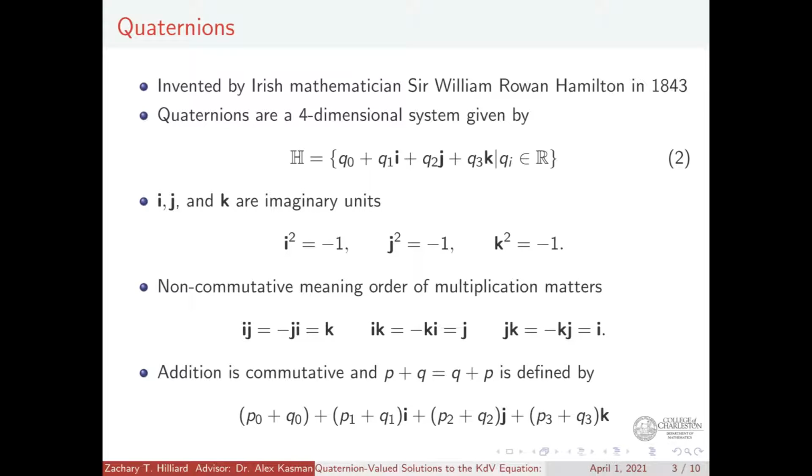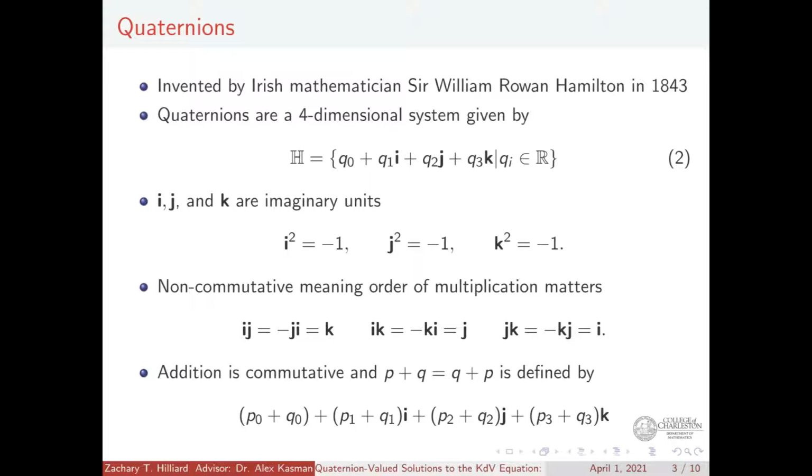So the next main idea of this research was looking at the quaternions. Now, the quaternions are a four-dimensional number system that were developed by an Irish mathematician named Sir William Rowan Hamilton. Interestingly, he also kind of came up with the idea while he was walking along a canal in Ireland. But his idea was to generalize the fact that we can use a complex number to represent a point in two-dimensional space to